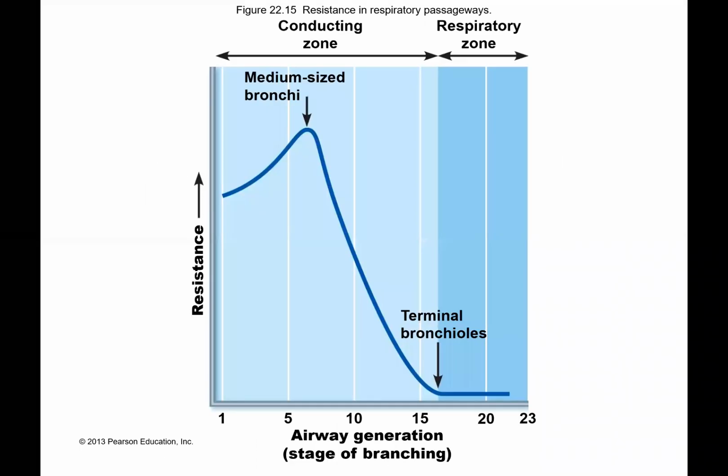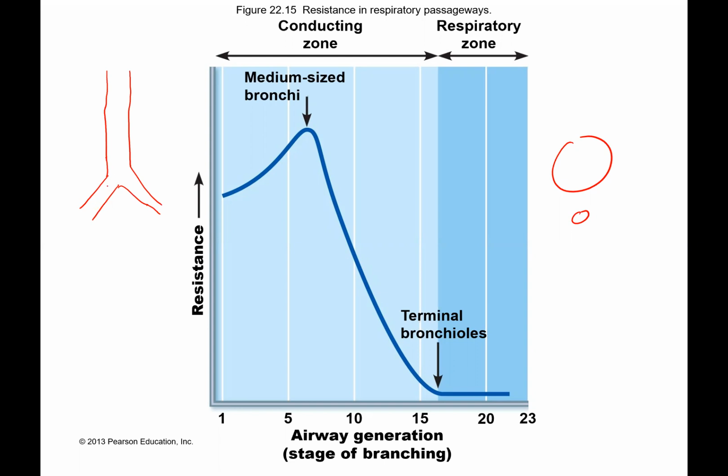All right, so this one is showing the resistance in the different respiratory passageways. Okay, remember when you have a big open tube, there's not that much resistance. If you have a smaller tube, you're going to get more resistance. Okay, and the trachea starts out big and open. All right, and then once it splits into the primary